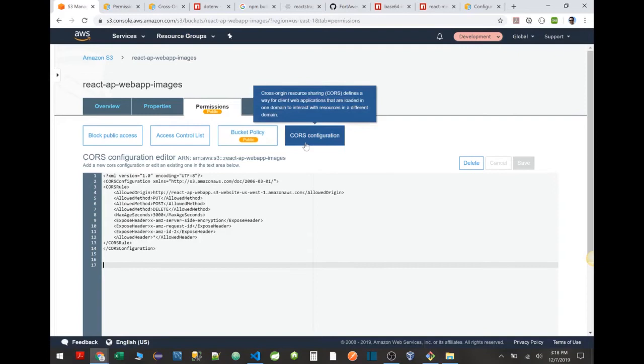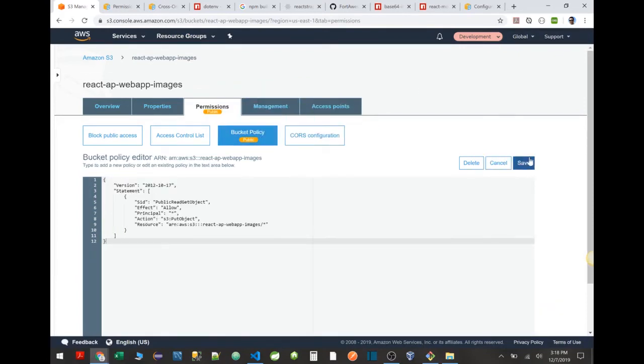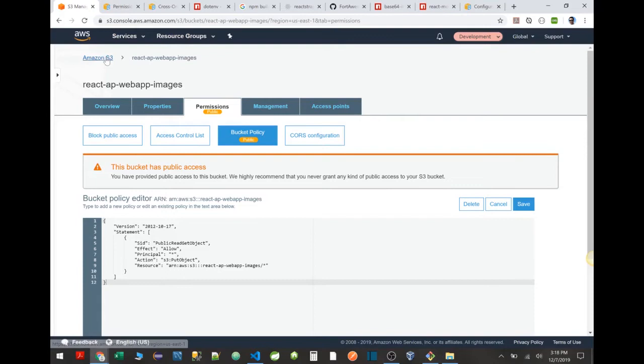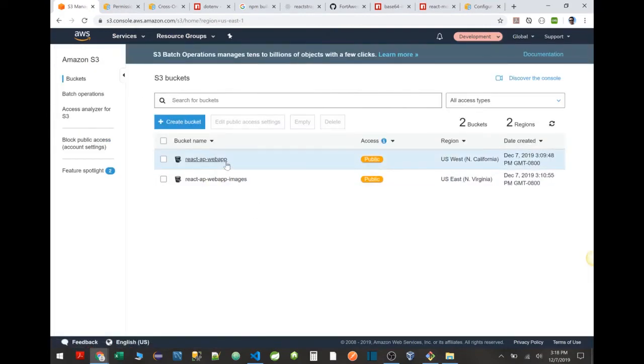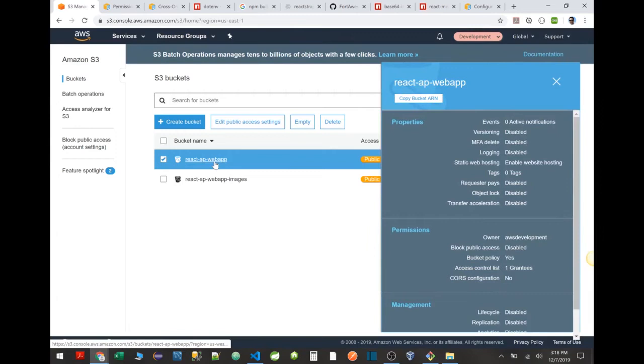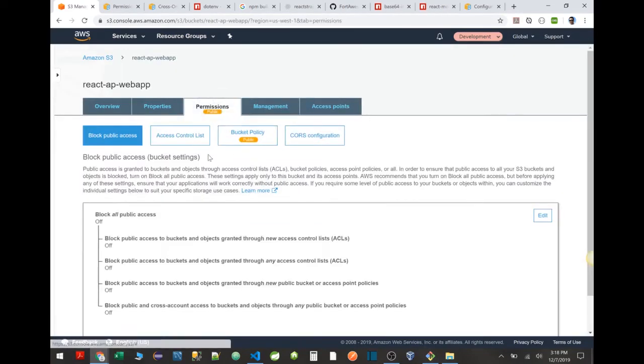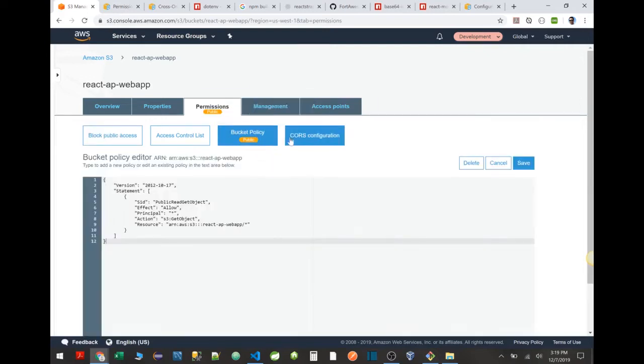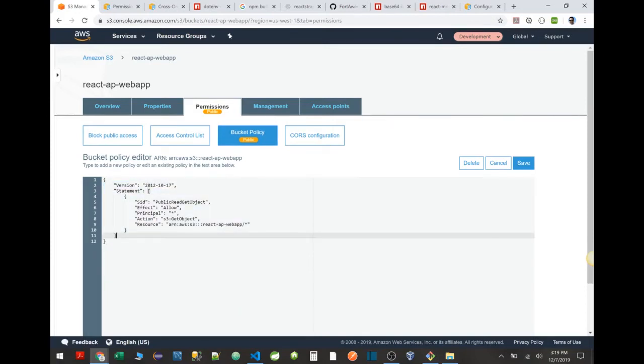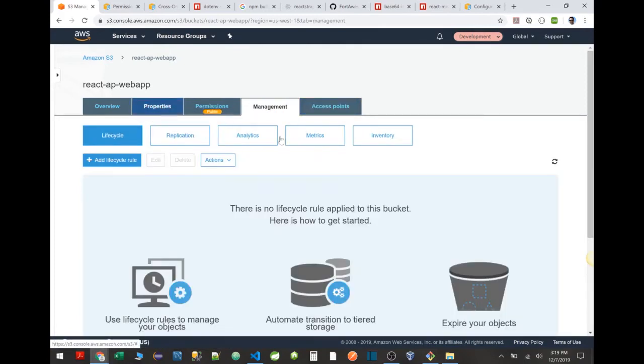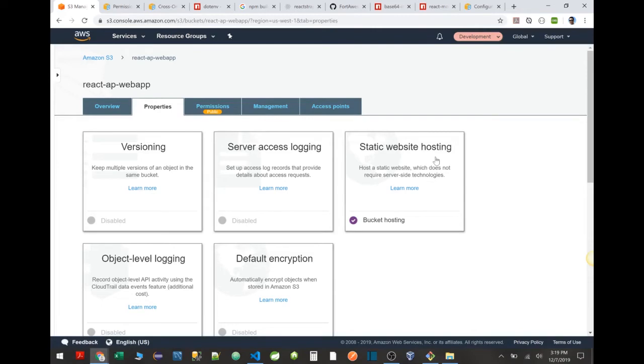Just to recap, we configured our CORS configuration and we made the bucket public to store our images, right? We're going to upload a bunch of invoices through our React application, and we created a folder for our React application. What we did, we turned off public access block, and then we went to bucket policy, we set up a policy, then we told S3, hey, we're going to let people get objects, basically to receive traffic from this bucket. And we went to properties, and in the properties, we converted this bucket to